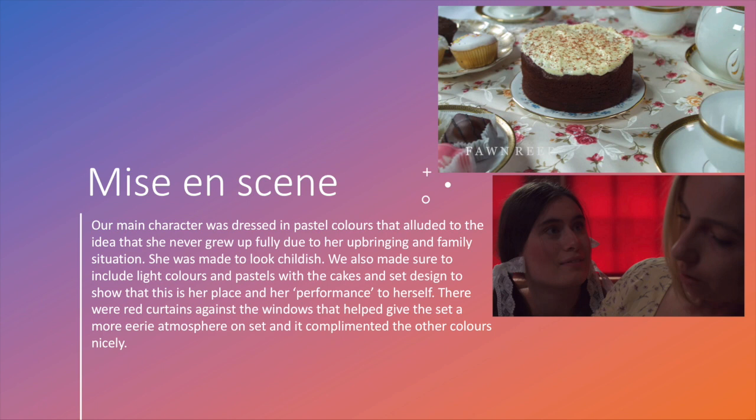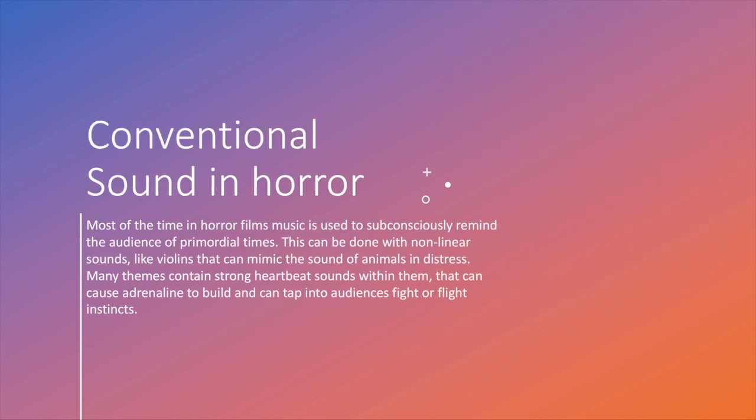There were red curtains against the windows that helped give the set a more eerie atmosphere, and it complemented the other colours nicely. Most of the time in horror films, music is used to subconsciously remind the audience of primordial times. This can be done with non-linear sounds like violins that can mimic the sound of animals in distress. Many themes contain strong heartbeat sounds within them that can cause adrenaline to build up and can tap into audiences'